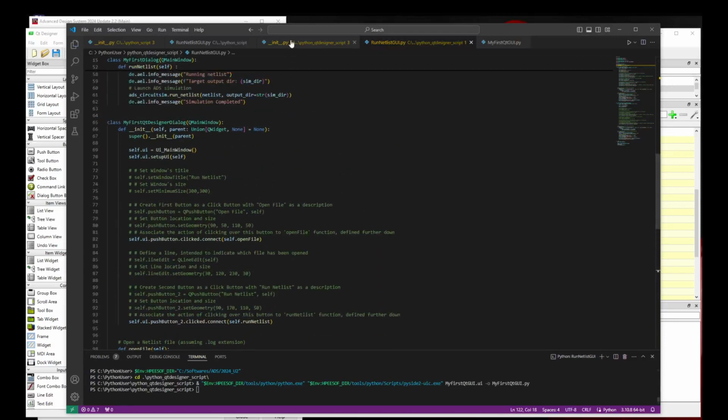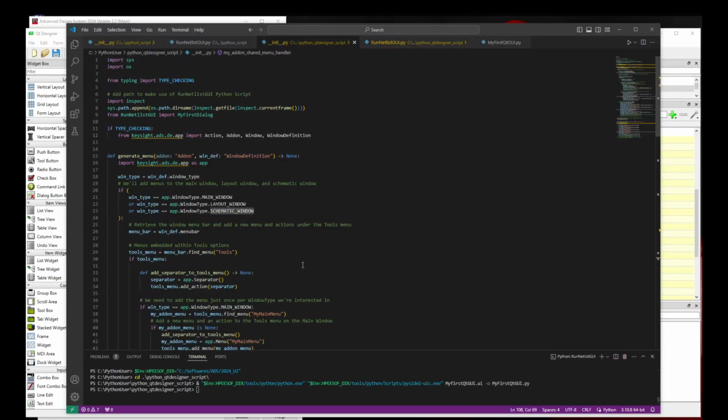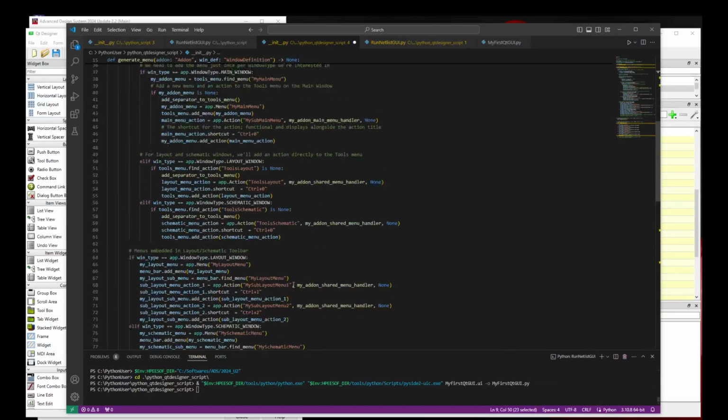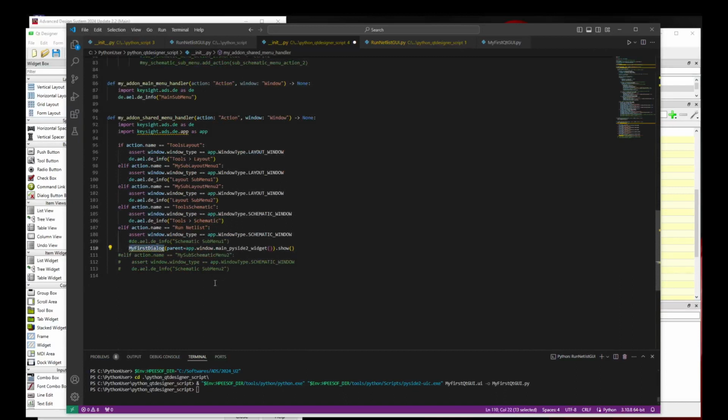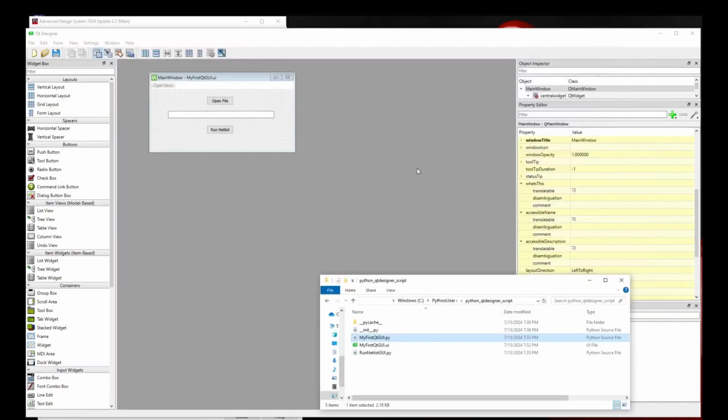Finally, what we need to do in the main init.py is to specify that it's not my first dialog class we like, but instead we can refer to my first QtDesigner dialog and use it as the function to be called in our menu. That's it. We can then try to see whether this behaves as expected